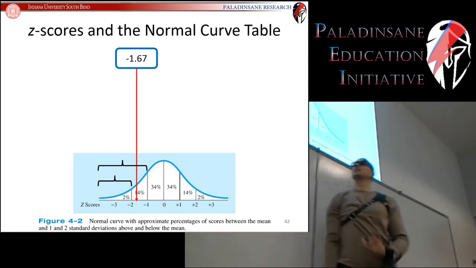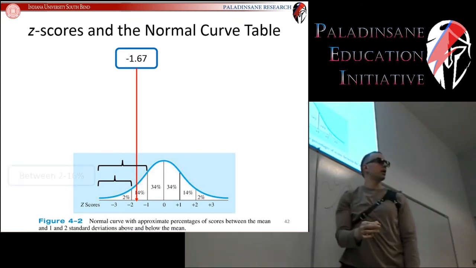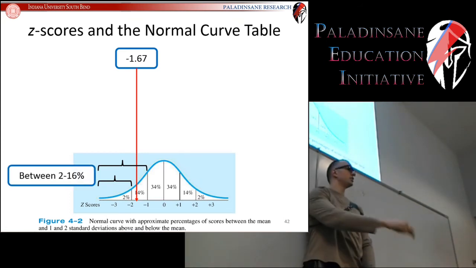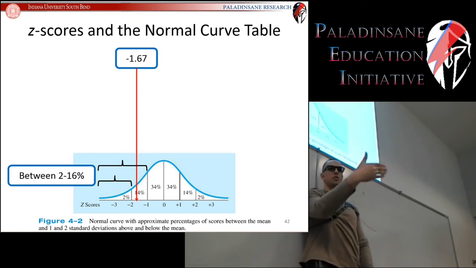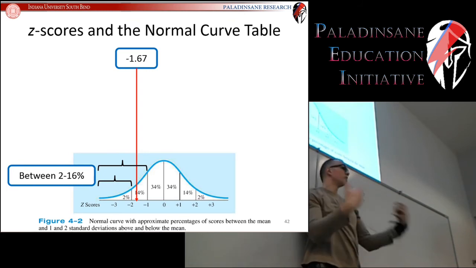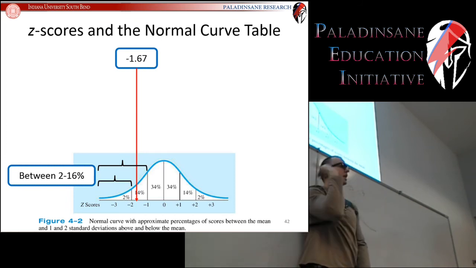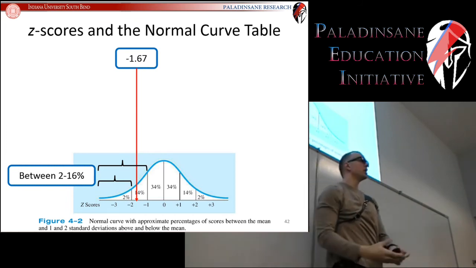So this analysis lets us know that whatever percentage we end up with, it better be between 2 and 16%. So if we go to our table and the percentage says 28%, we go back to the drawing board because something went wrong. So this is just your backup plan, and that's how you get that range. You look at